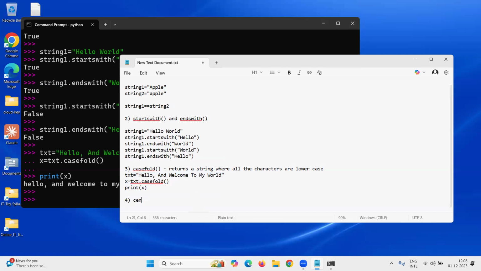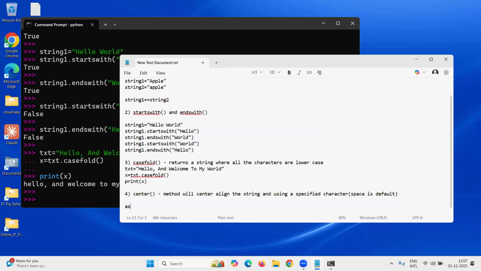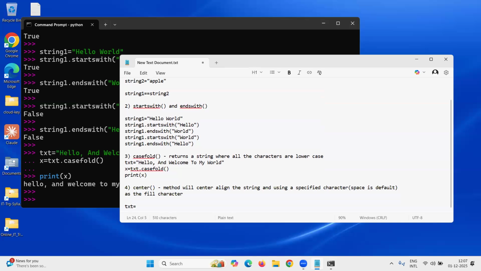Next one is the center method. So what does it do? The method will center align the string using a specified character. Space is the default, so you don't have to consider space. The space is already a default consideration as the fill character. For example, if I take text, text is equal to banana as a word,